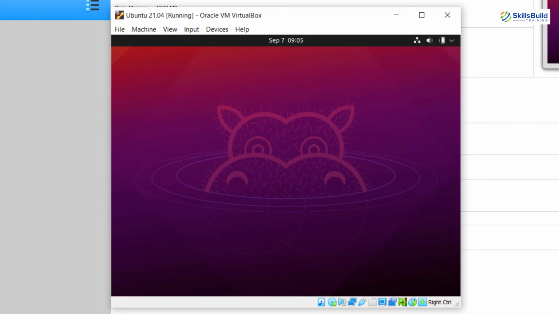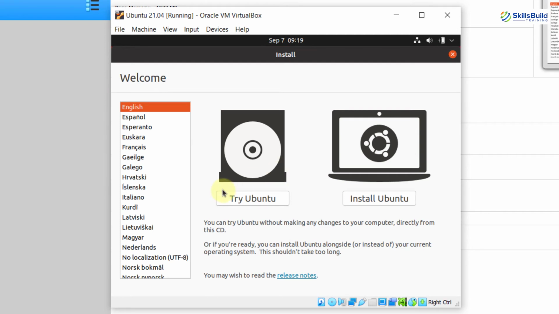Our Ubuntu has successfully started, and here we will have the option to install Ubuntu in a little bit of time, so we will wait for it. And here you can see we have two options. First one is try Ubuntu, and second one is install. In case you do not want to install and you just want to check how it looks, what the different features are, and what the performance of this Linux distribution is, you can try this one before installing, and you can install it anytime after you are done with the try. But at the moment I'll go with the installation.